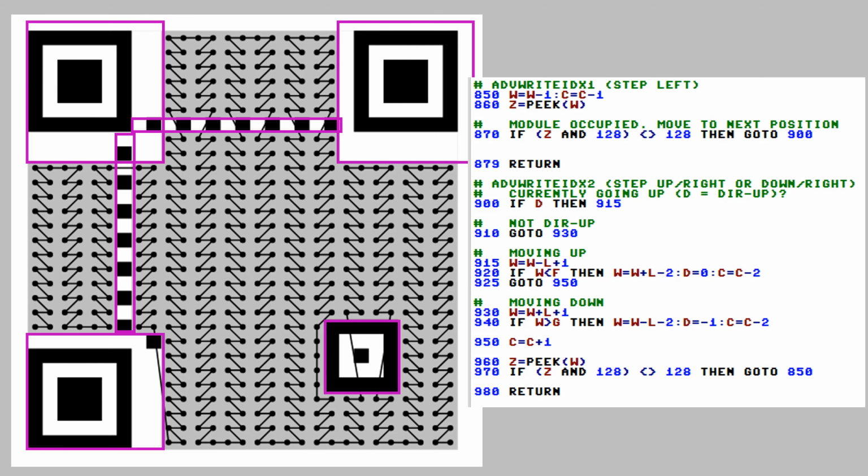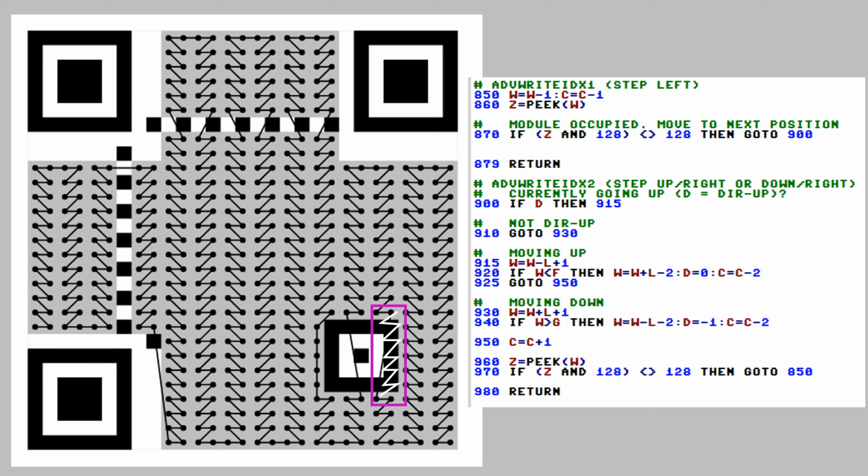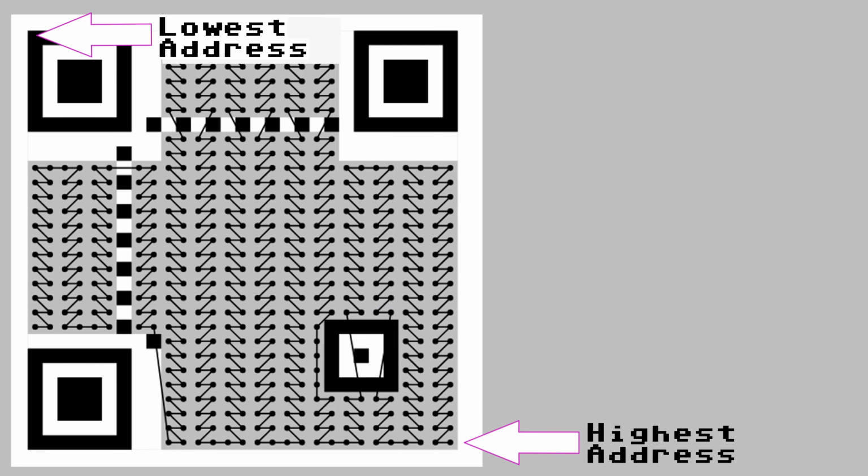And now we're ready for aligning the data inside the matrix. For this, we'll write the bits of the data stream as modules. The bits are laid out in a zigzag pattern, which is very well visualized on Neyuki.io. How do we deal with occupied modules? Instead of writing the value, we'll just keep moving until we hit the next free spot. We can do that by checking the highest bit. Also, we'll check boundaries by comparing our current position with the lowest and highest memory addresses of the matrix. If we hit the boundary, we know that we have to change directions. And this works pretty well.